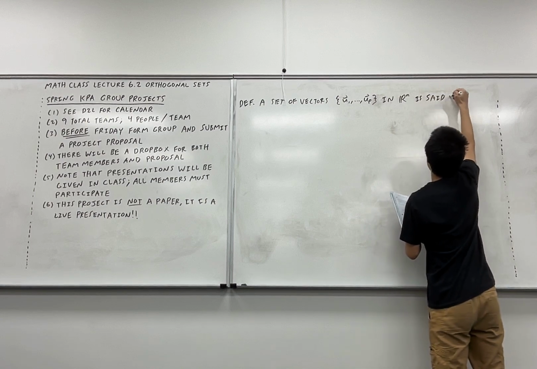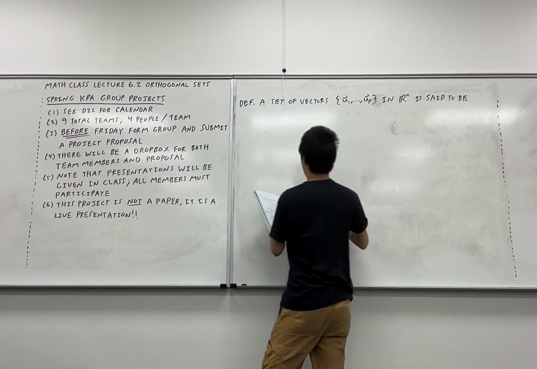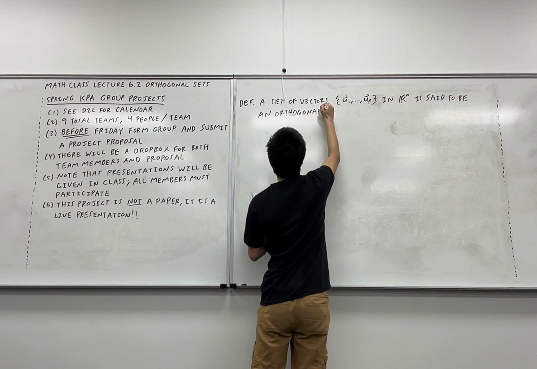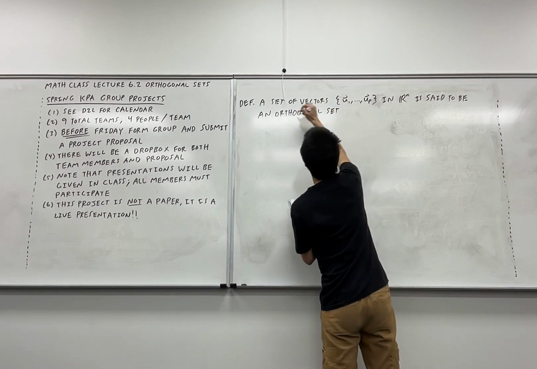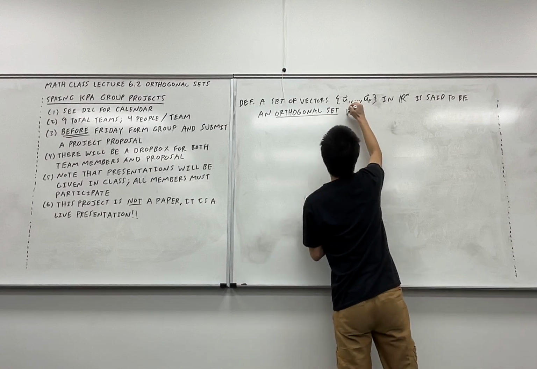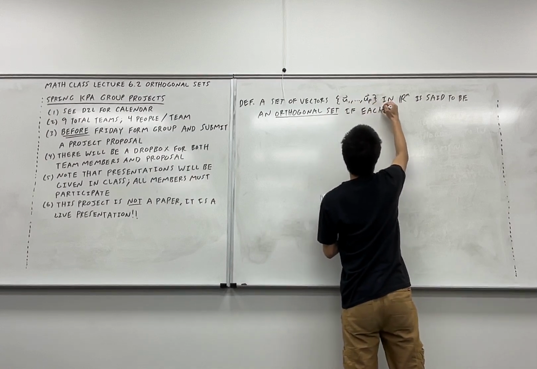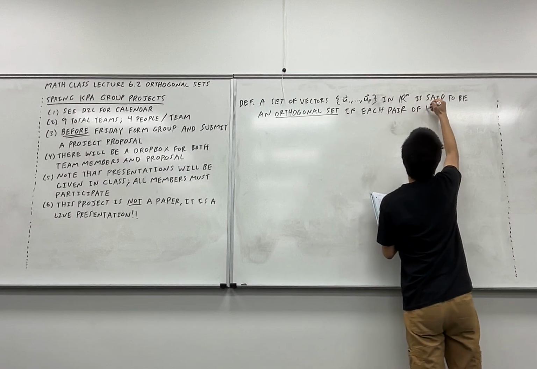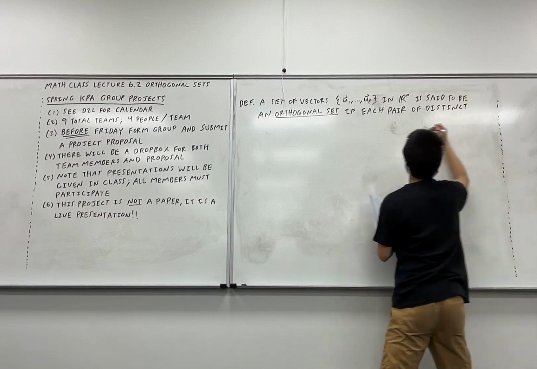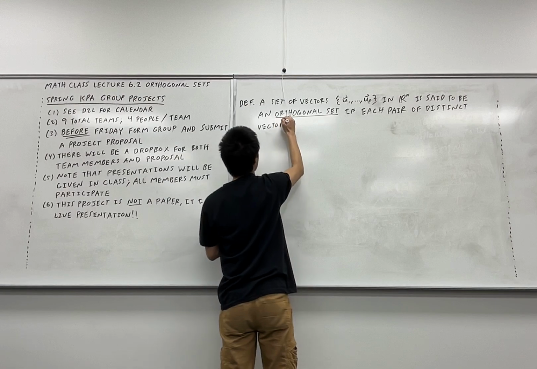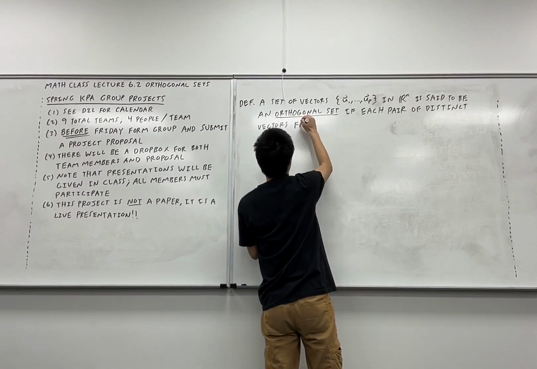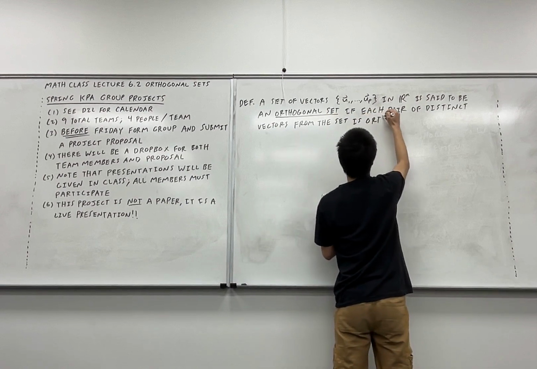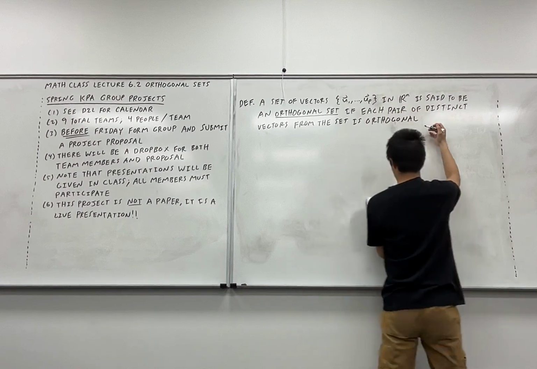is said to be an orthogonal set if each pair of distinct vectors from the set is orthogonal. That is,